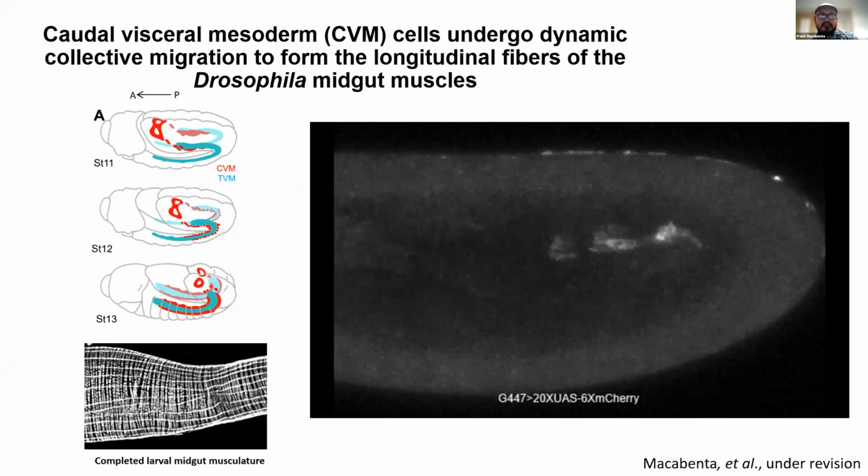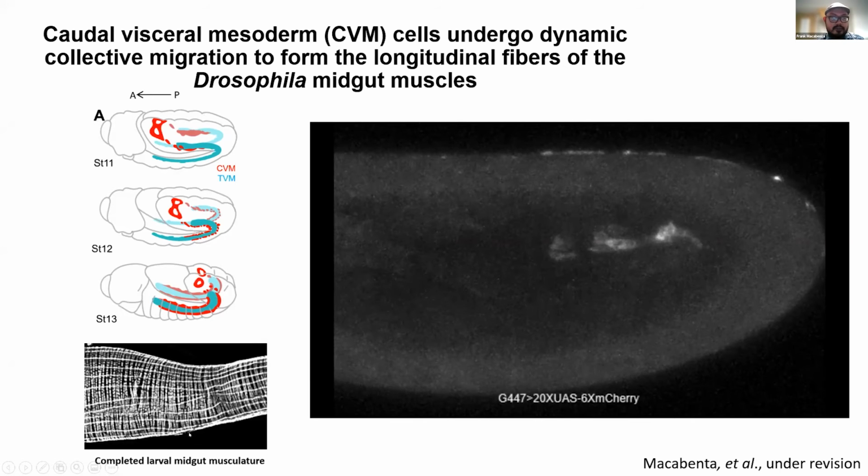And to investigate this question, I used the genetically tractable Drosophila fruit fly system and specifically looked at a population of collectively migrating muscle precursor cells called caudal visceral mesoderm cells. Now, these cells undergo synchronous bilateral migration along a trunk visceral mesoderm tract, as highlighted here in this diagram by cyan color, before eventually undergoing myoblast fusion to form the larval midgut musculature. So the CVM cells seed the longitudinal fibers in this muscle structure, while the TVM seeds the circular muscle fibers.